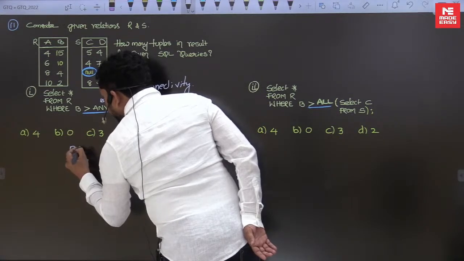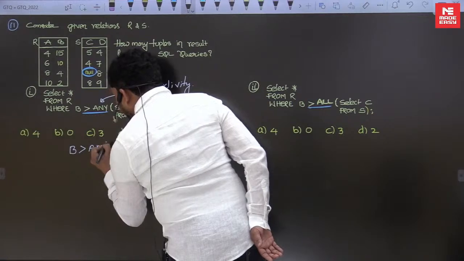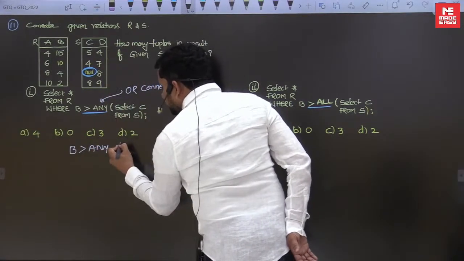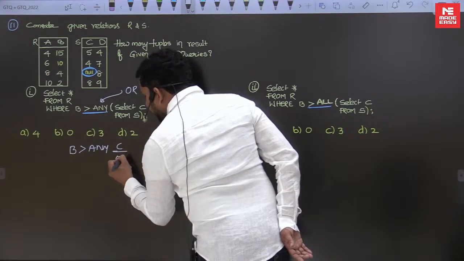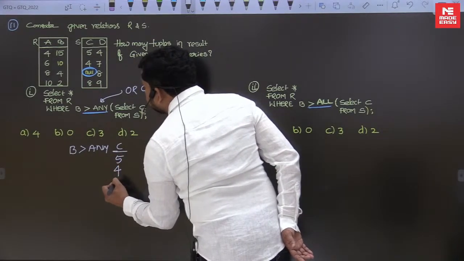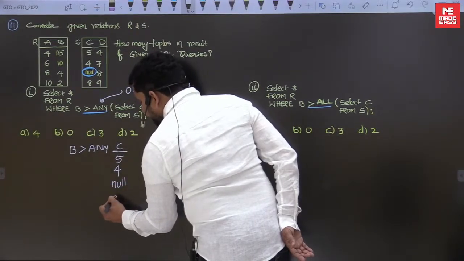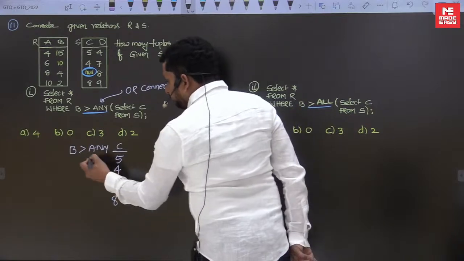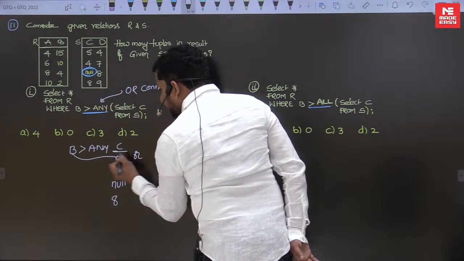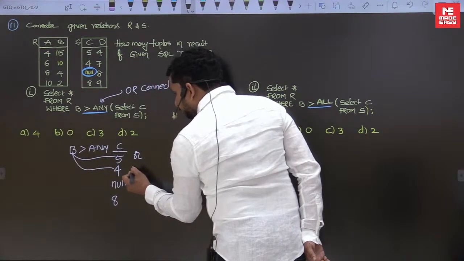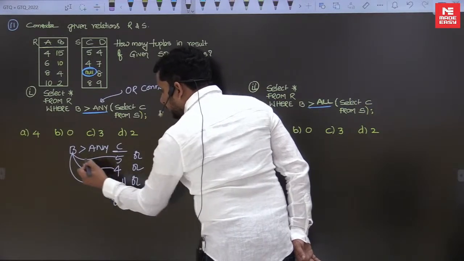B greater than any, these are the set of C values. Set of C values are 5, 4, null and 8. Okay, so B greater than 5 or B greater than 4 or B greater than null or B